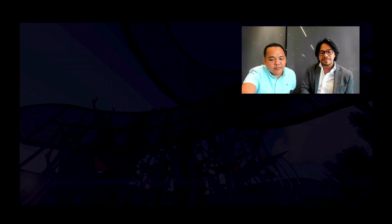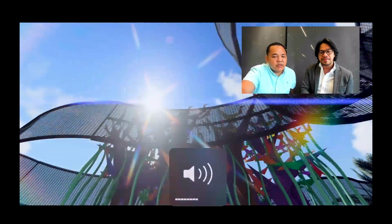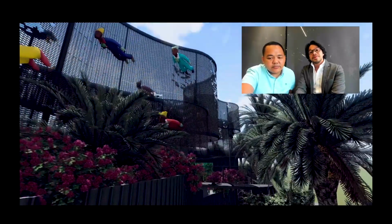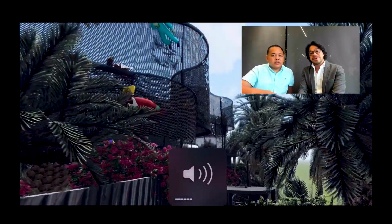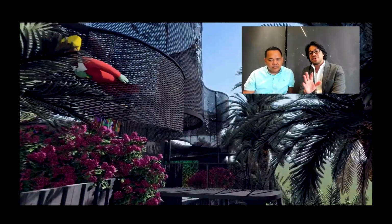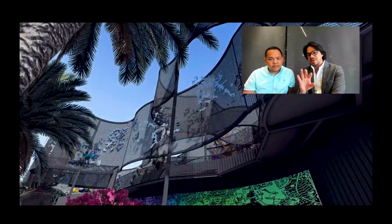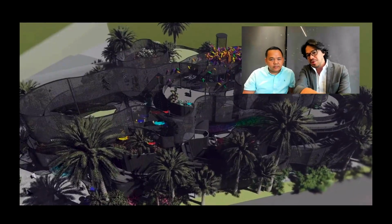Can you walk us through the Bangkota? Sure, I'll play the walkthrough and maybe you can talk us through. So what is this? Here, what you'll see is the foliage, the landscape, the architectural conversation,